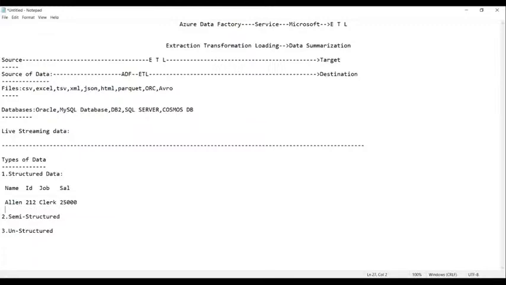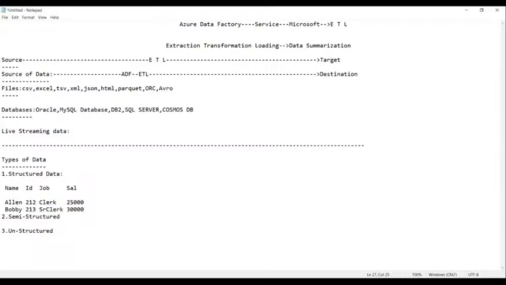Next, I'm writing one more line: Bobby, senior clerk is the job, and let's make the salary 30,000.